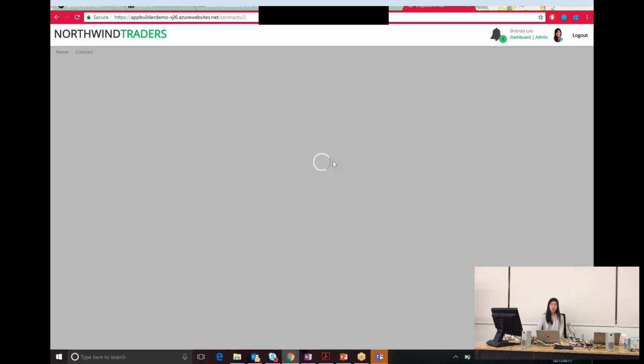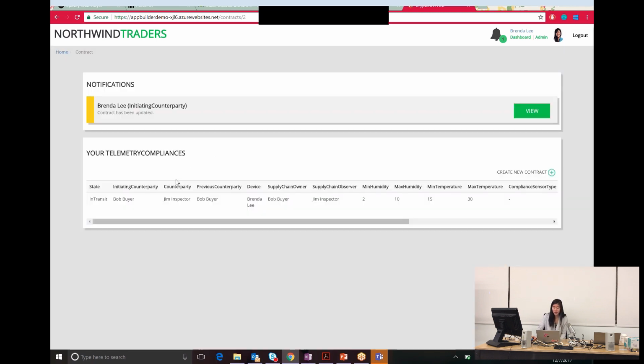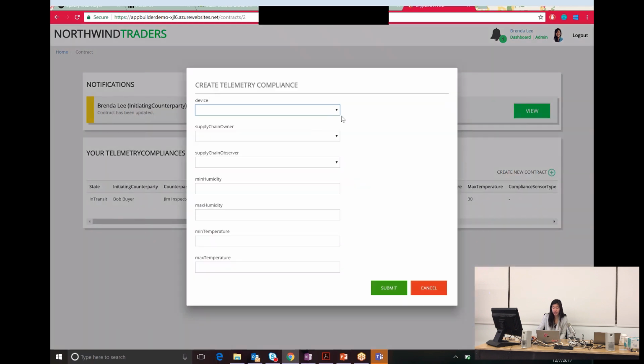And so now if I go into the telemetry compliance view, I can see, all right, here's all of my different contract instances that are existing here. I can create a new one. So this is actually the example we were talking about earlier, right? So you have your minimum humidity and maximum humidity, your temperature ranges, and then you can fill out